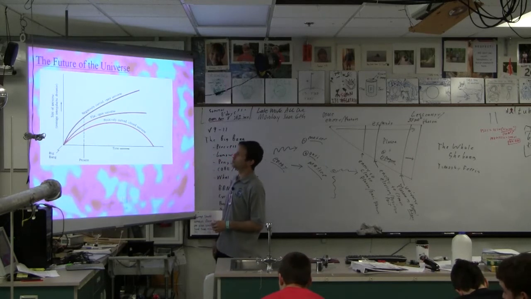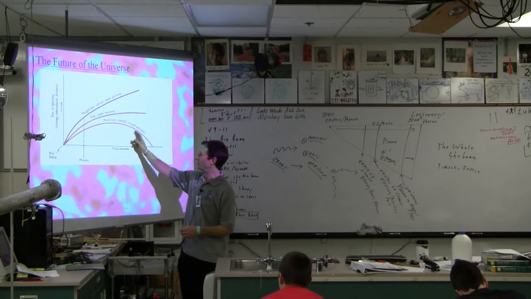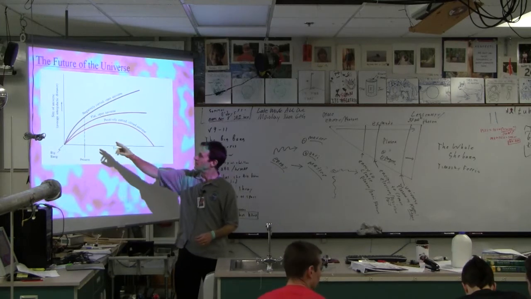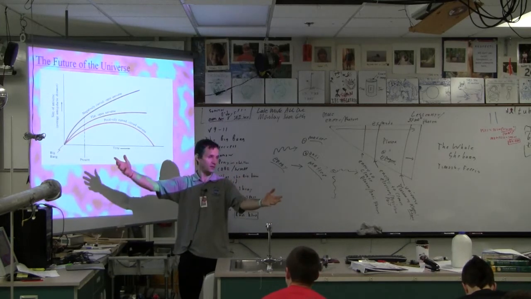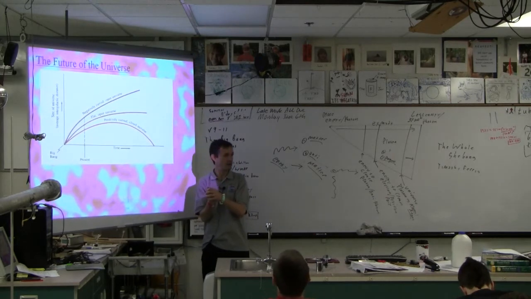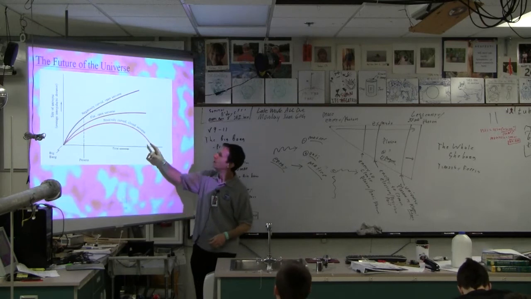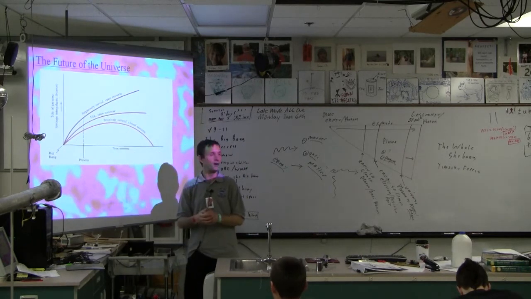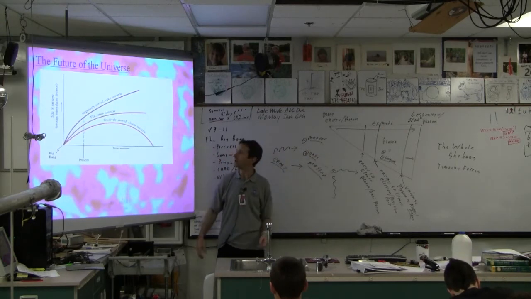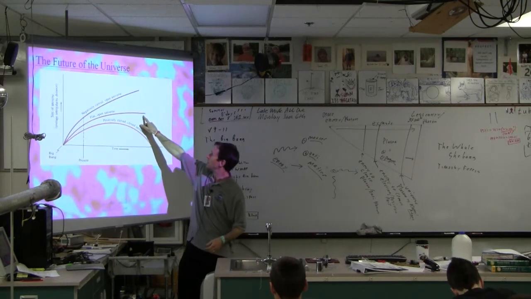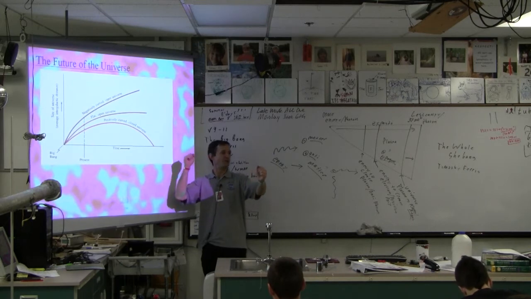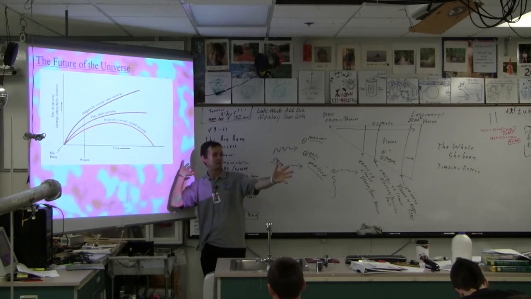And then we can talk about the future of the universe, right? People talk about this. It's possible that this is the size of the universe. This is as time goes on, right? The universe is expanding, but gravity is slowing it down, yes? Okay, so as it expands, maybe gravity is strong enough that it's going to pull it back together, yes? So that's this scenario. Another scenario is that it's just going too fast. It'll slow down some, but it's going to eventually just fly apart and never come back, right? And then the other possibility here is that we actually have a critical velocity, that we're going to expand, and as we approach infinite size, we approach 0 velocity, right?